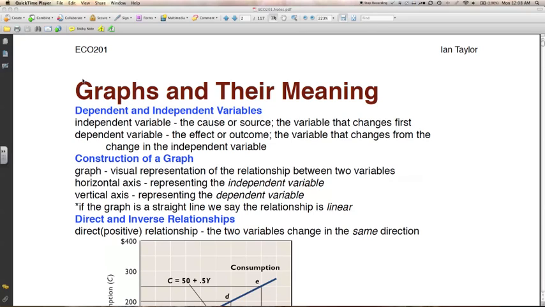Dependent and independent variables. Independent variables are the cause or source, the variable that changes first. Dependent variables, the effect or outcome, is the variable that changes from the change in the independent variable. All of you should remember this from the scientific method you learned back in elementary and middle school